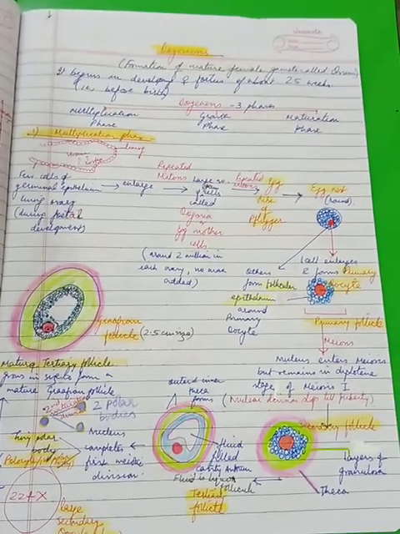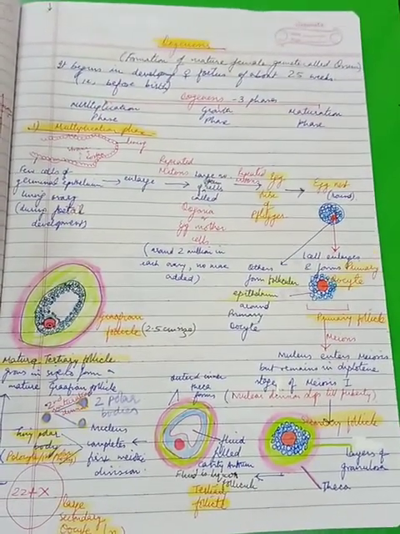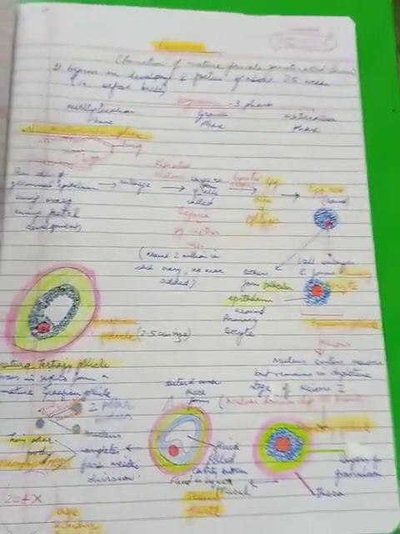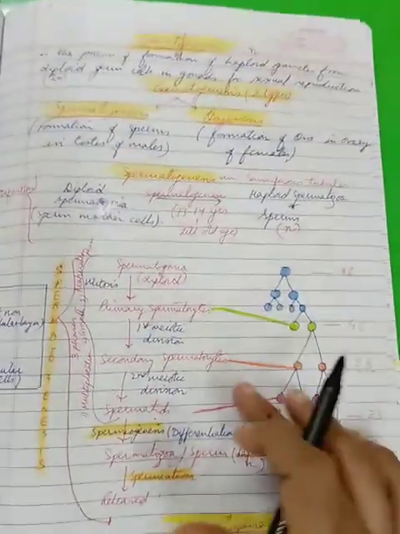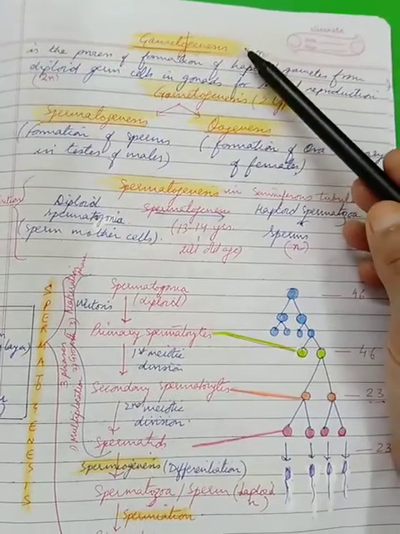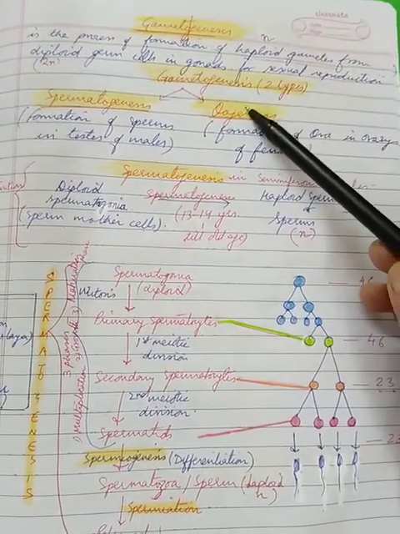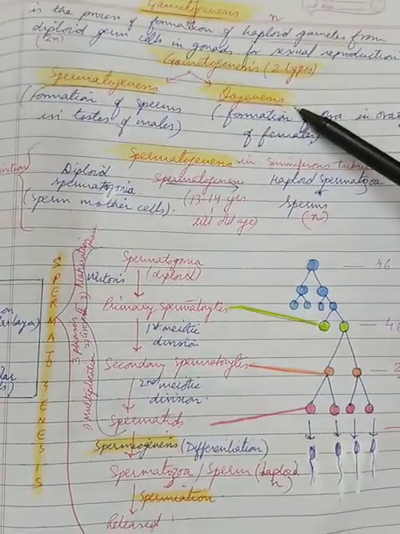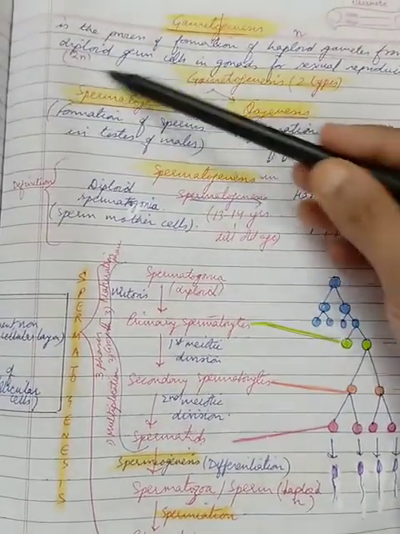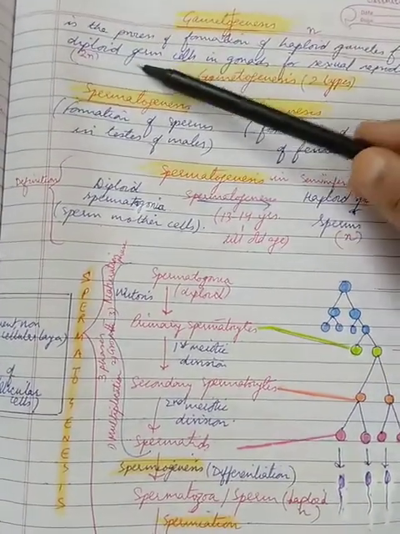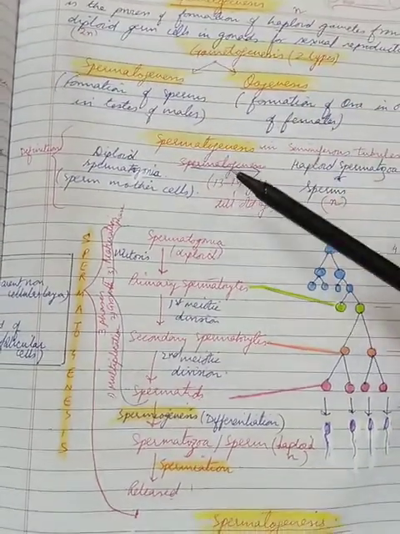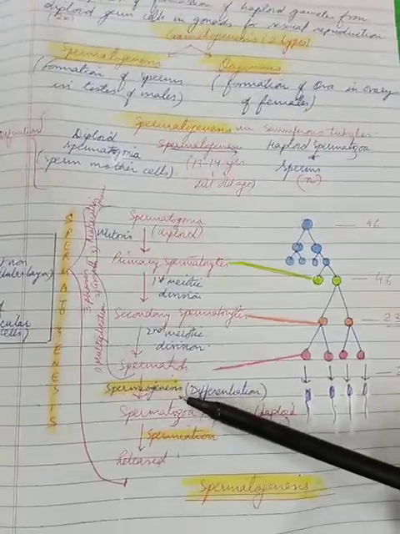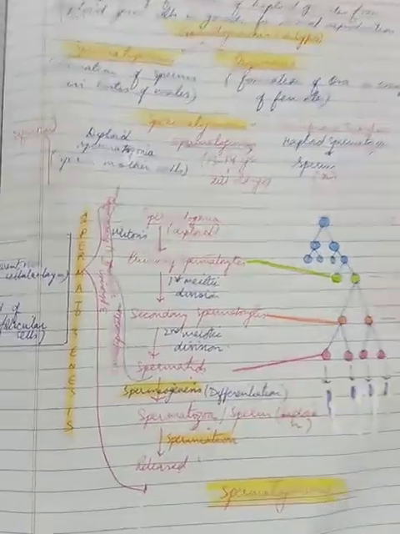Good afternoon, children. This is my fourth video on the chapter Human Reproduction. In the previous video, I started the topic gametogenesis and I explained how it is of two types, that is spermatogenesis and oogenesis. I discussed the complete topic under spermatogenesis and discussed it in many terms. For example, what is spermiogenesis, spermiation, etc.